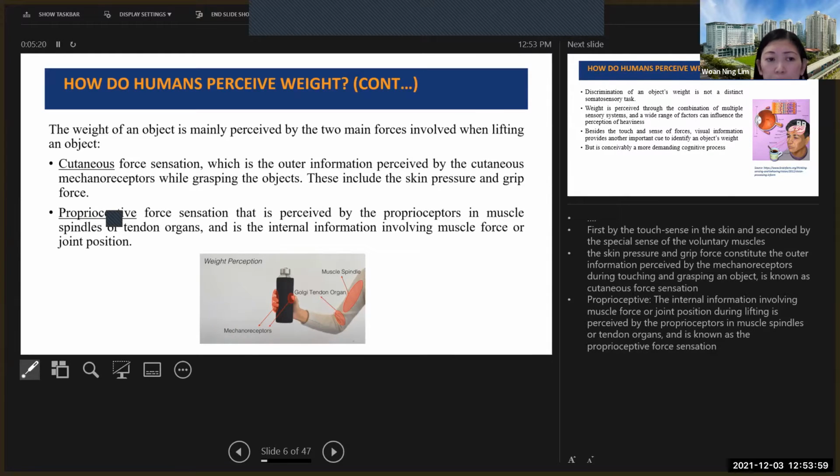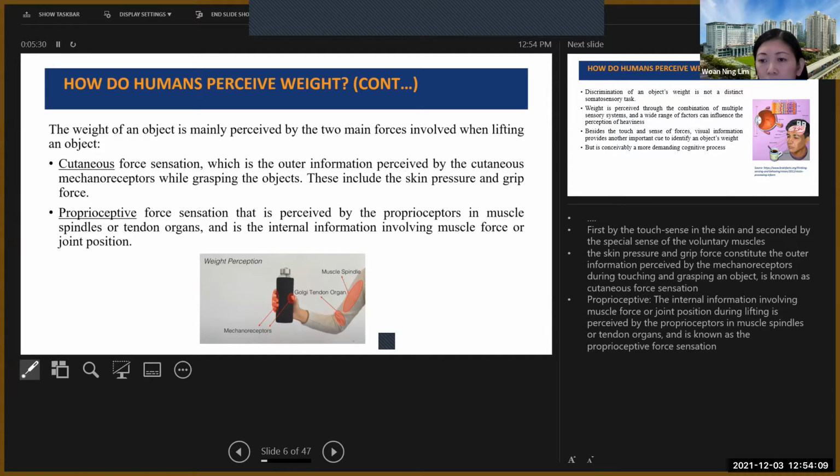The next is the proprioceptive force, which is the internal information involving your muscles or joint positions during lifting, involving the muscle spindles and the tendon organs. So when we lift an object, these two forces give us the information to judge how heavy the thing is.